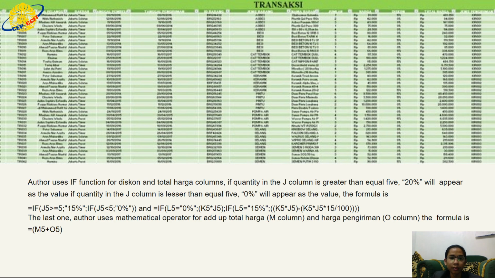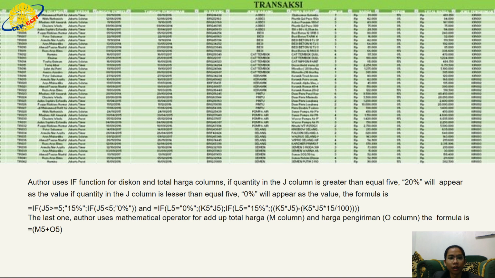The transaksi table has 16 columns, namely ID pelanggan, ID transaksi, nama pelanggan, daerah, tanggal pembelian, tanggal pengiriman, ID barang, jenis barang, nama barang, jumlah, harga diskon, total harga, jenis pengiriman, harga pengiriman, and total keseluruhan. The author uses the VLOOKUP function to get the item name and price value from the barang sheet and get jenis pengiriman from